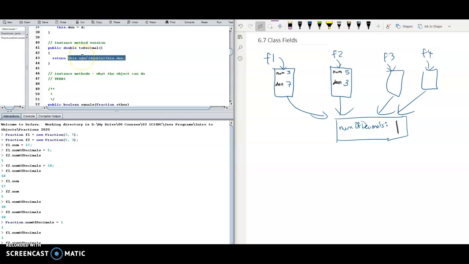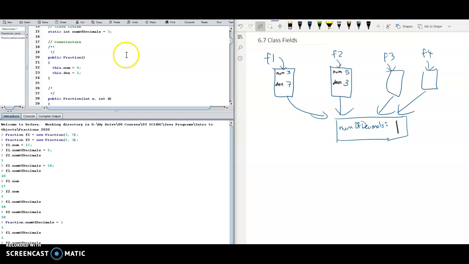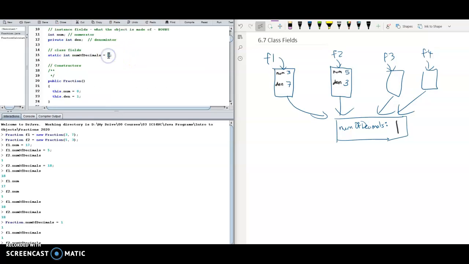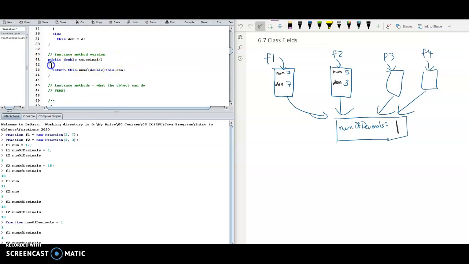So you can do some math here to say if this is 3, you can then round this to 3 decimal places and then return the decimal version. If it was 5, you could round it to 5 decimal places. If it was 2, you could round it to 2 decimal places. But whatever you change this to, anytime you're using this method, it would use that value, and so for all of your fractions, it would